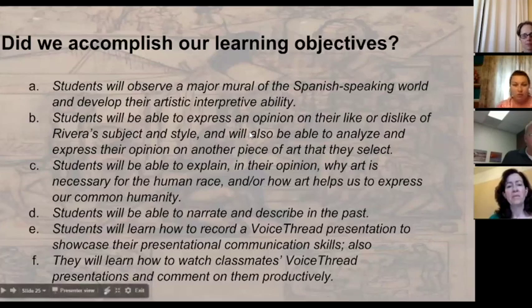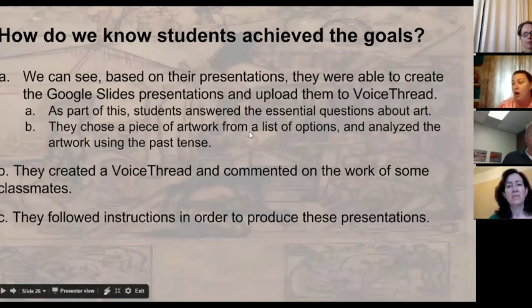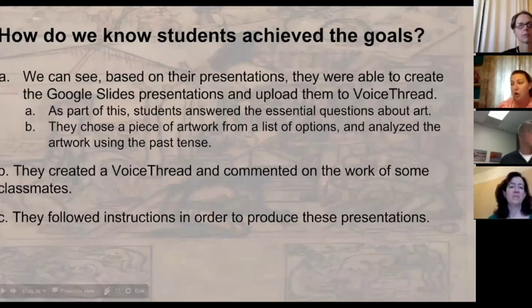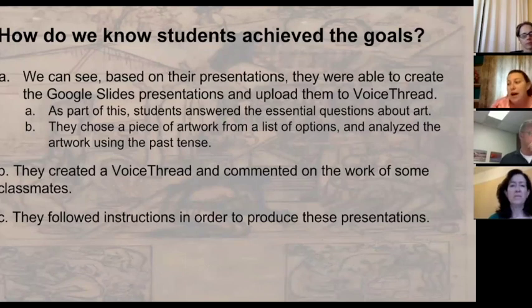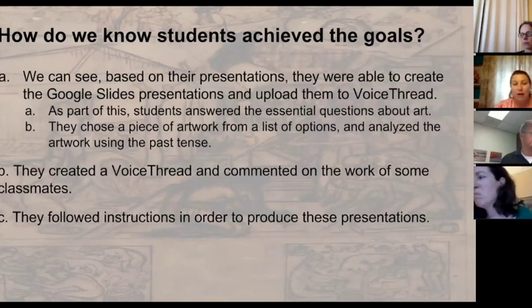And then, let's see, there we go. So how do we know that these students achieved these goals and that they did what they needed to do? Well, we really saw that through the products that they submitted. Margot pointed out earlier that Google Doc that we used, and it is such a great idea because students completed this project when they were on spring break. So Margot and I were able to keep track, and every day we would log in and follow them and see, are they completing the project?